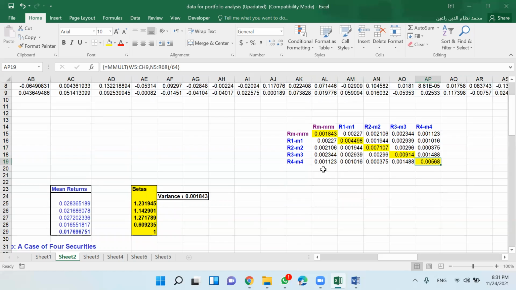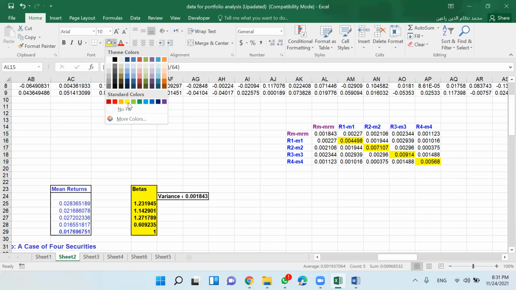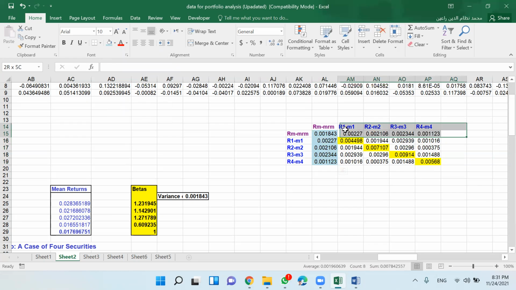Also, let me highlight this with another color to know that I am not going to pick this information for my matrix. I just need the variances of the 4 securities. And if I need this variance, I will also put it there.